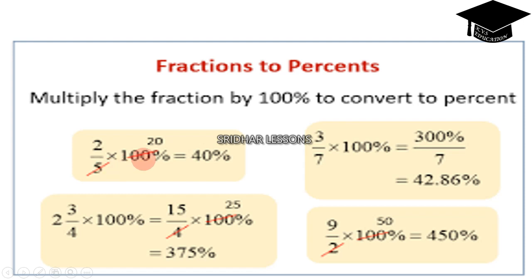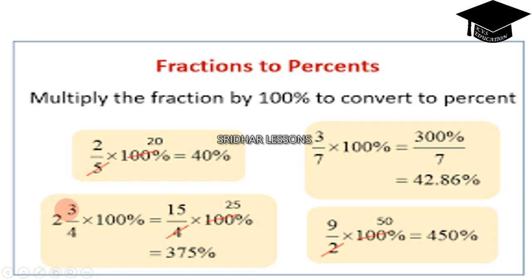So 5 cancels 20 times. So 2 into 20 is equal to 40%. Very similarly, 3 by 7. So this is equal to 300 by 7. If we divide them, 42.86%. Similarly, 2 of 3 by 4. If we convert this mixed fraction into a fraction, 2 into 4 is